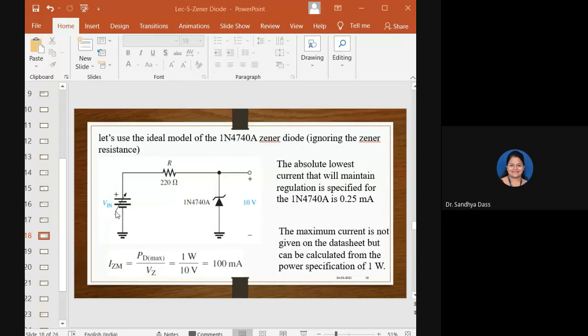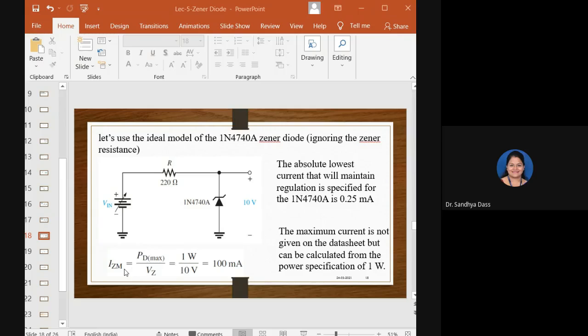Your Vin is there, which is varying. All right, there is a series resistance connected, which is of 220 ohms. And according to the circuit, it shows that the voltage across the Zener diode is 10 volts. All right. Now, assume that the maximum Zener current is not specified. Okay, is not given in the data sheet, but the power specification is mentioned. All right. So power dissipation, if it is given as 1 watt, all right, we know that from the equation,